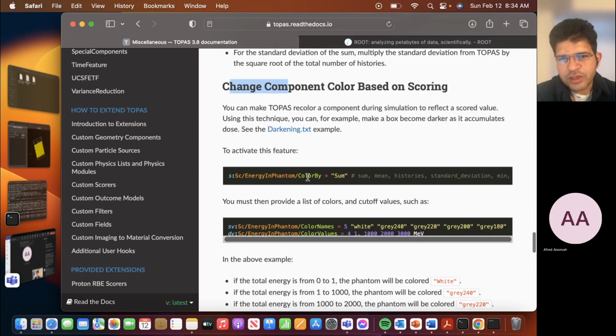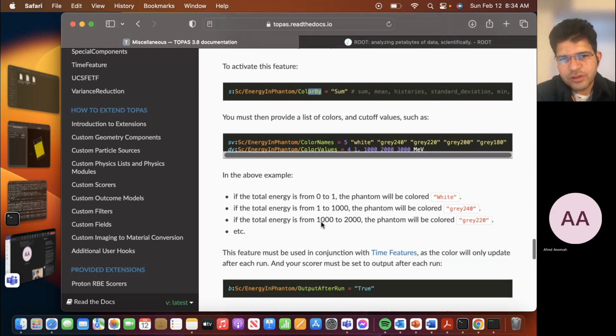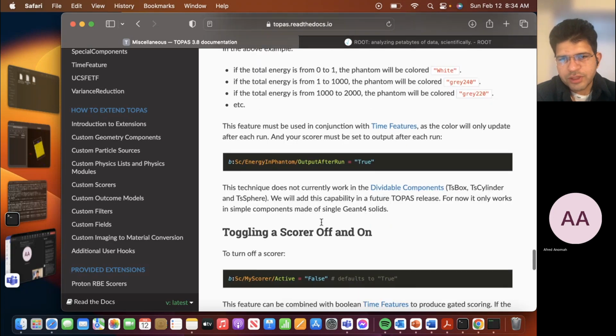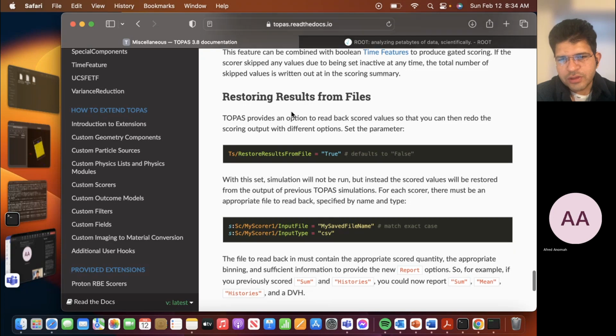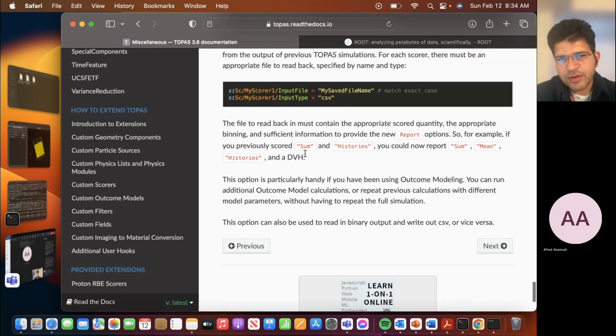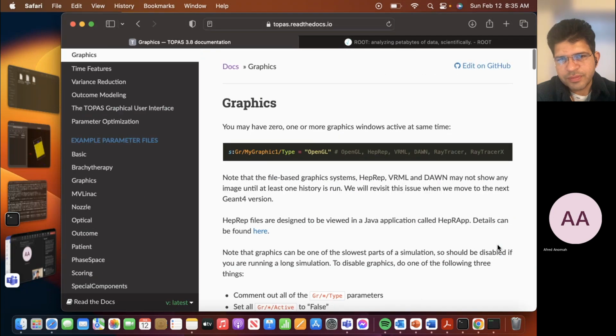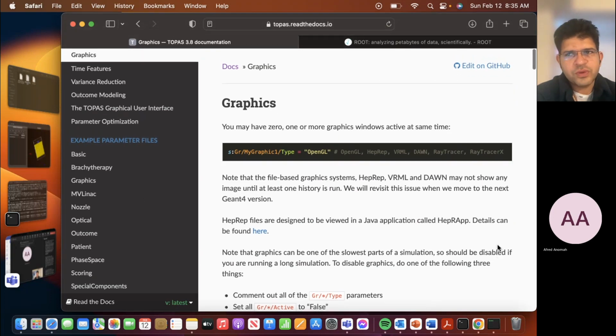So you can color by sum, so you can specify the color in your output. So yeah, you can restore the file, or you start every time with a new one. So it's just simple. Okay, so we went through